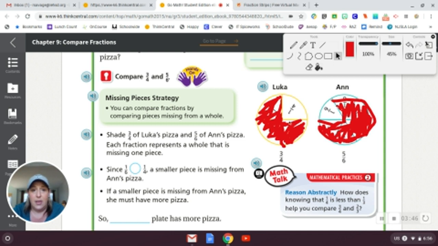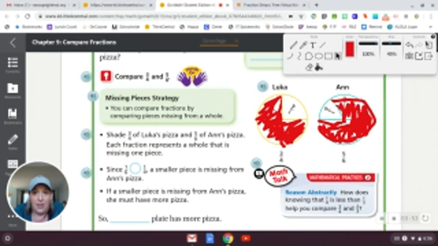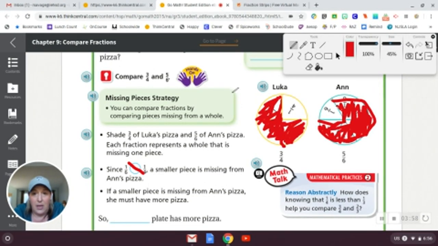Since 1/6 is, we have to decide if it's greater than or less than 1/4. Well, I can see from here that 1/6 is definitely less than 1/4. And I'm drawing the symbol wrong. Oops. 1/6 is less than 1/4. Okay. If a smaller piece is missing from Anne's pizza, she must have more pizza. So Anne's